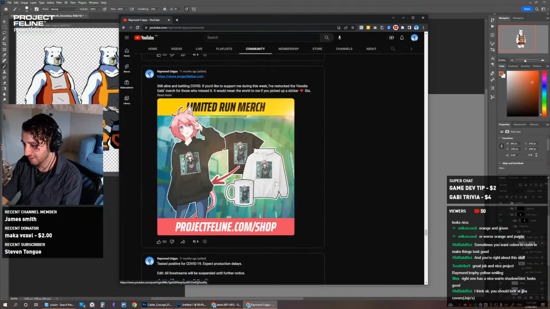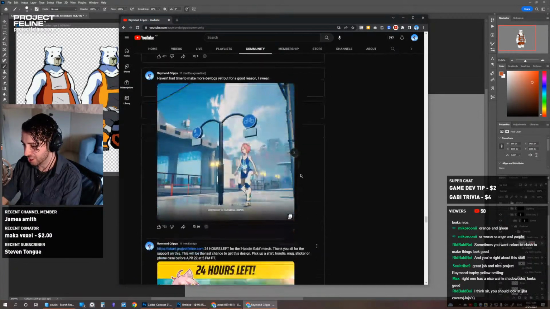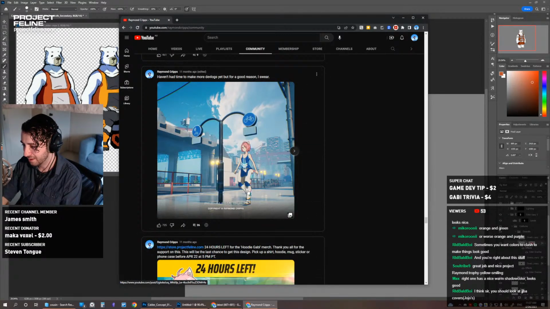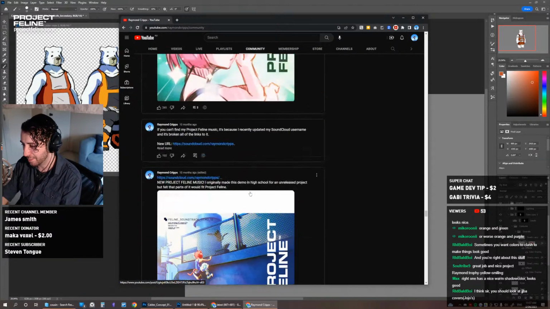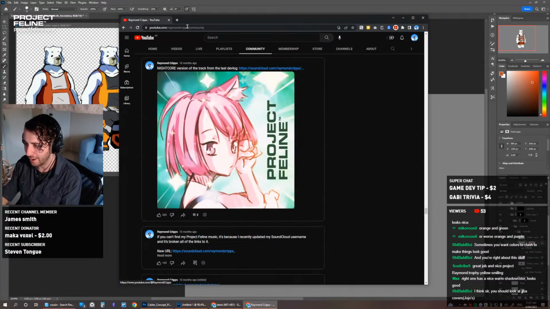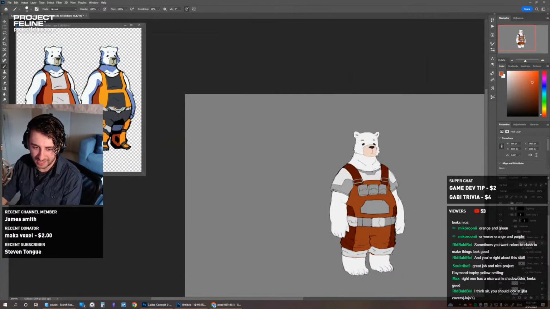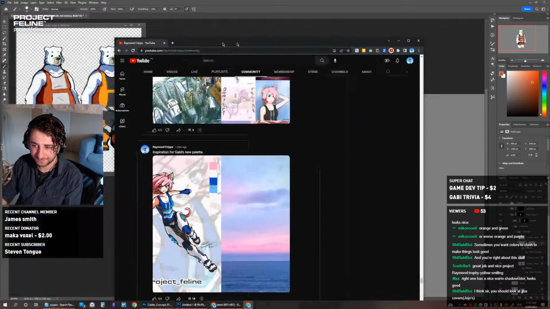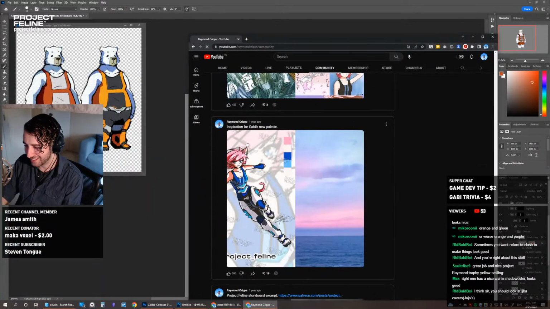So I redesigned her. I've tried a few different shades, but I settled on this shade of blue because it just made it pop a lot more, made it feel more alive. I was gonna find another example of where I got those colors from because it's an interesting story. Here we go. Yeah, so this is where I got the color.